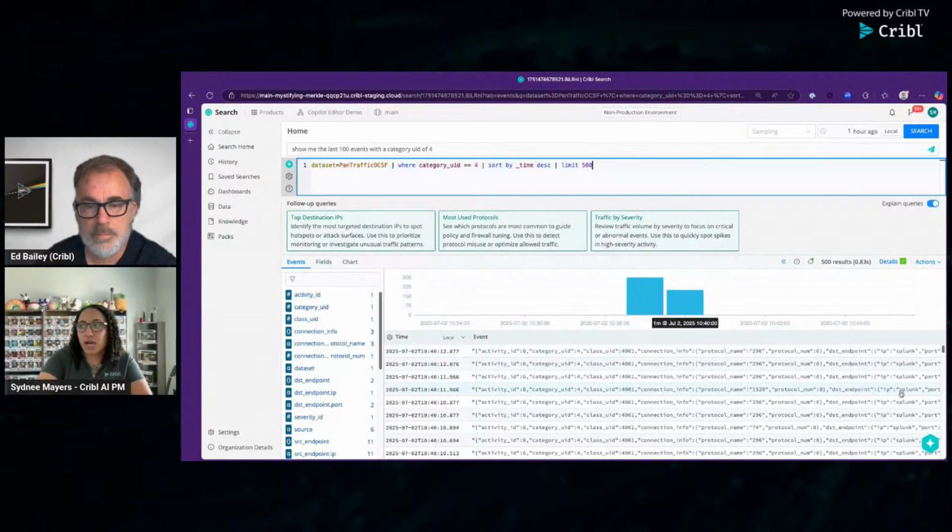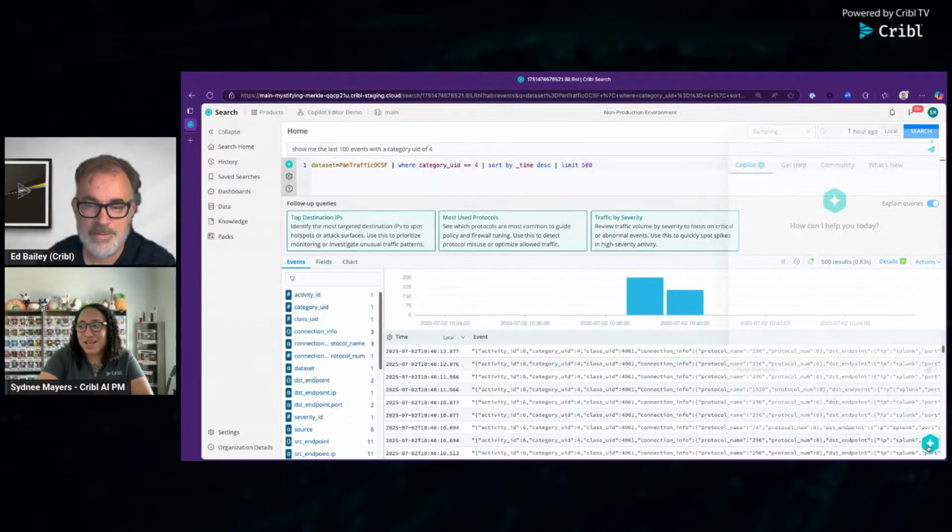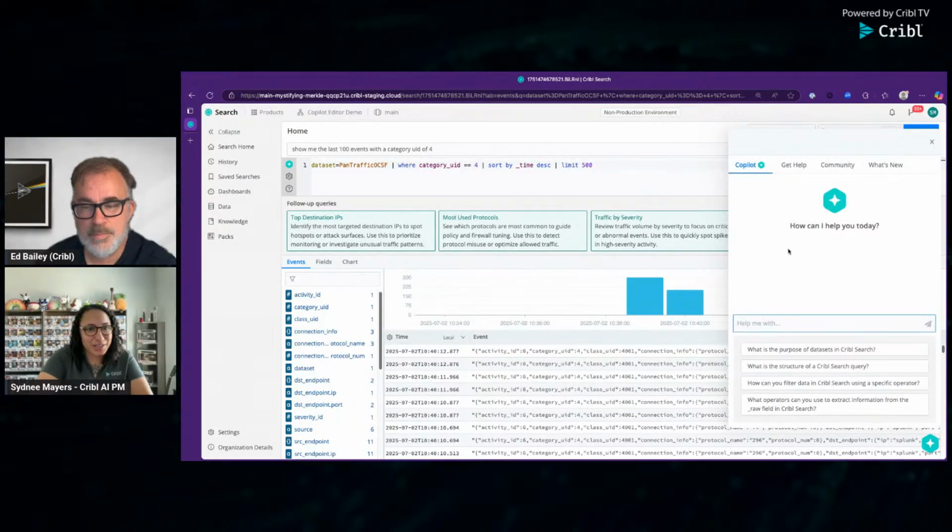One last thing I will call out. If you're just having an issue with search and you're not sure where to go or what to do next, we always have the Copilot widget down here in the bottom right corner. So it's still available to you, even if you're not using one of the search specific features. Maybe I'm just trying to understand some basic things about Copilot or understand some basic things about Cribl. That widget down in the corner is the place to do that.